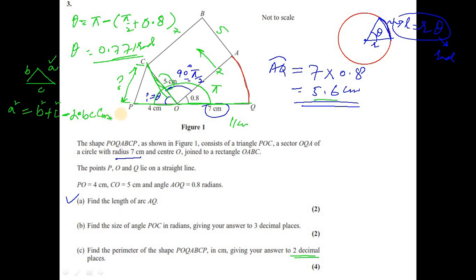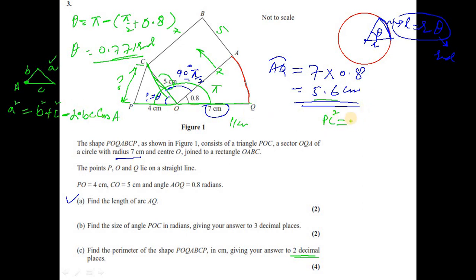So cos, and the angle of the cos would be the angle opposite to the side which is being determined. So this is cos of angle A, this is the vertex A, the angle opposite to the required side. So we can apply the cosine law for this PC. I'm just going to write here, let's say PC square is equal to sum of the square of the rest